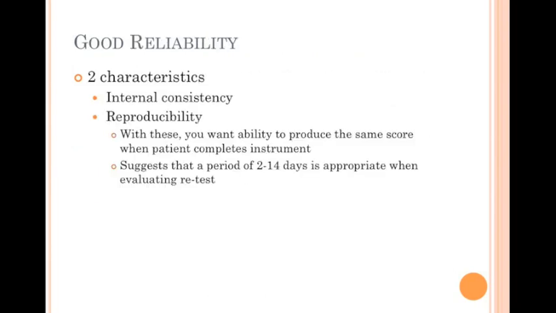Besides just having good validity and responsiveness, the outcomes also need to have good reliability. Two characteristics that go along with reliability are reproducibility and internal consistency. These refer to the ability of an instrument to produce the same score when a patient completes the instrument on more than one occasion, assuming that there is no change in health status. It suggests that a period of time between 2 and 14 days is appropriate when evaluating a retest reliability for